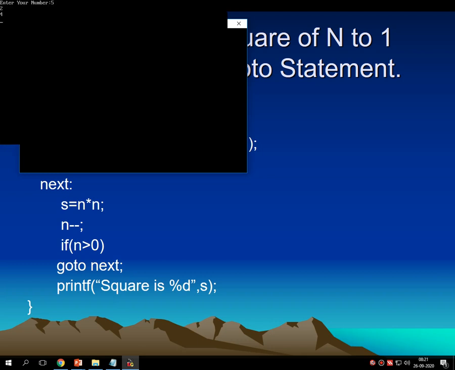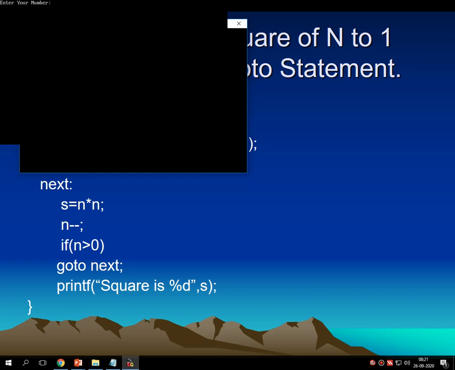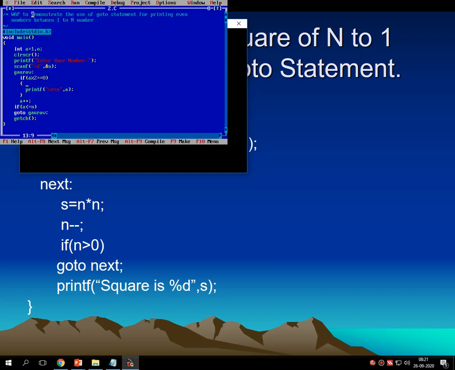I am entering 5, then my desired output is 2 and 4. Let me check for 10. How many even numbers are there between 1 to 10? That is 2, 4, 6, 8 and 10 itself, that is 5 numbers. 1, 2, 3, 4, 5 numbers gives 2, 4, 6, 8, 10 onto the screen. So in this way the program works. In this program we have included decision making statements in the goto statement. That means we have included decision making statements in repetition also.